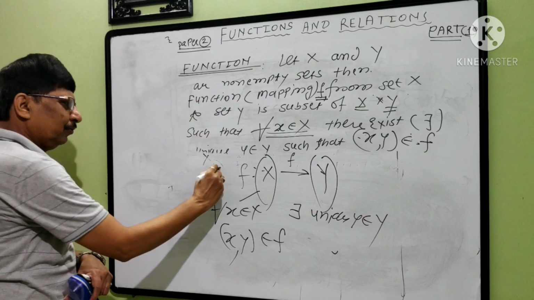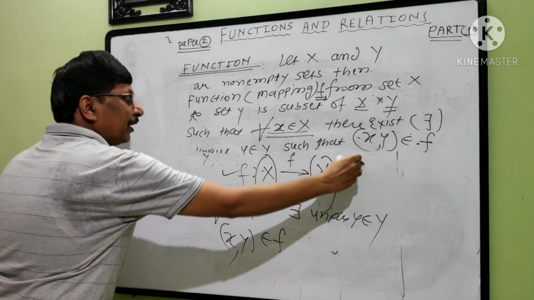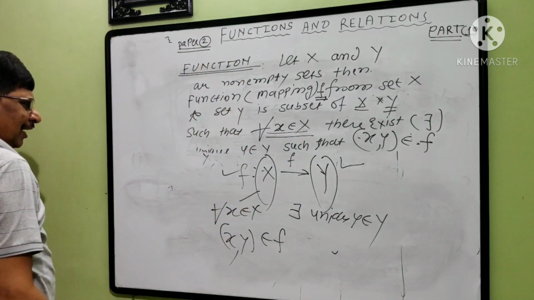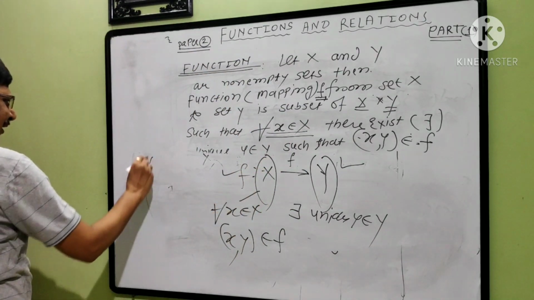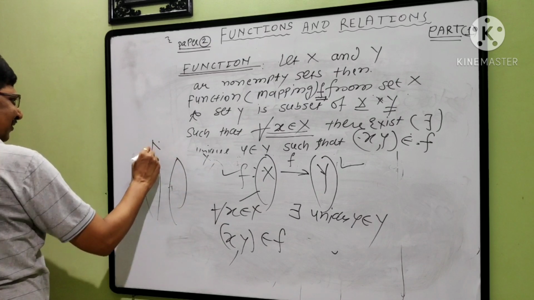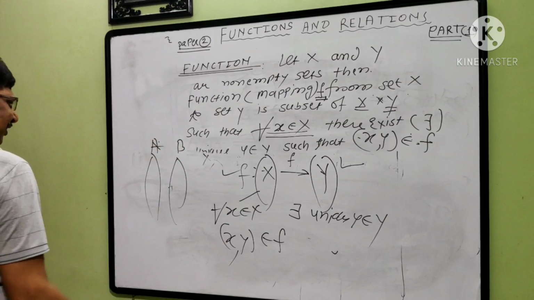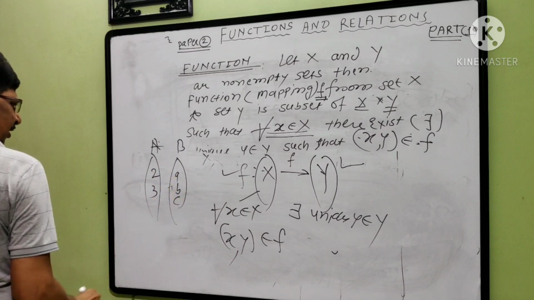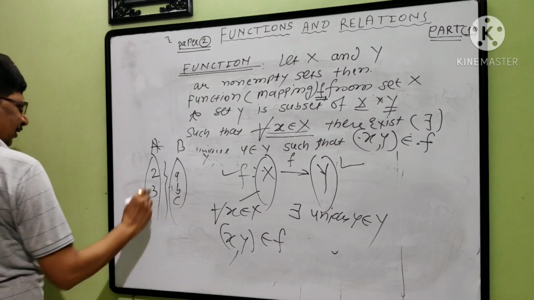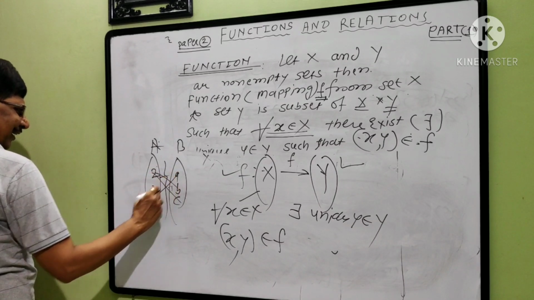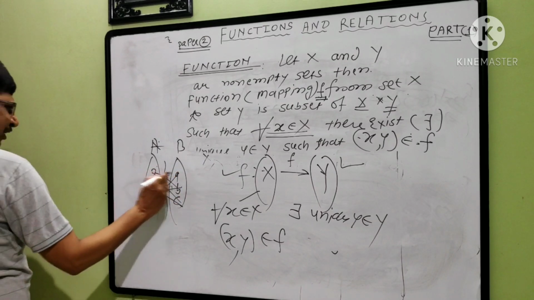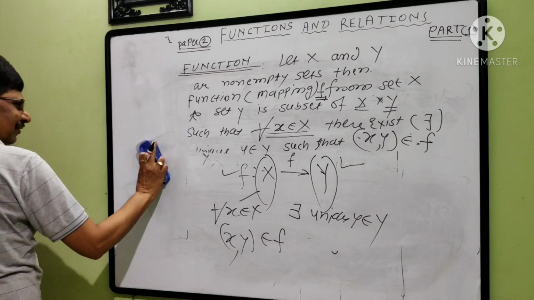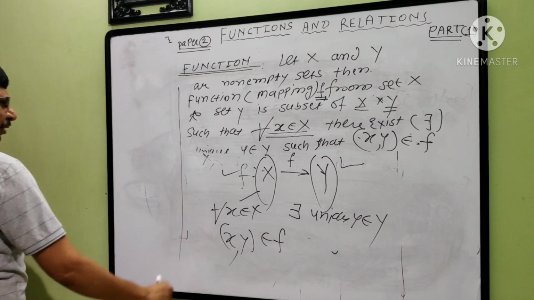Now 3 things are important. 2 sets, we require 2 sets, and they should be non-empty sets. Then second is the Cartesian product, and keep in mind that suppose this is set A, there are 2 elements, and here are 3 elements. How many elements will be in the Cartesian product? Now 2A, 2B, 2C, 3A, 3B, 3C. Means actually 2 into 3, there will be 6 elements in A cross B. This is one important thing.